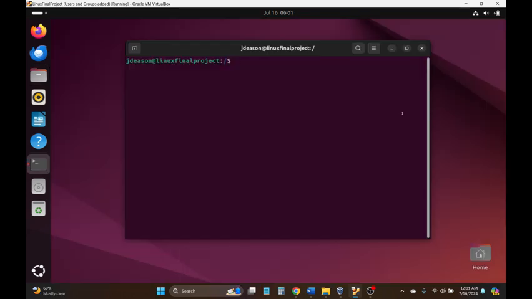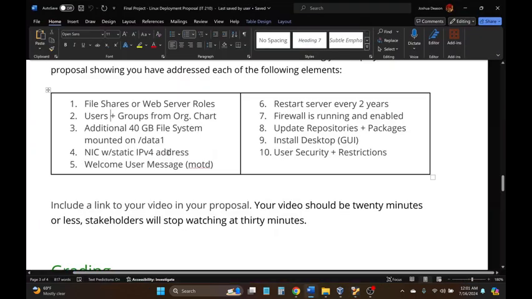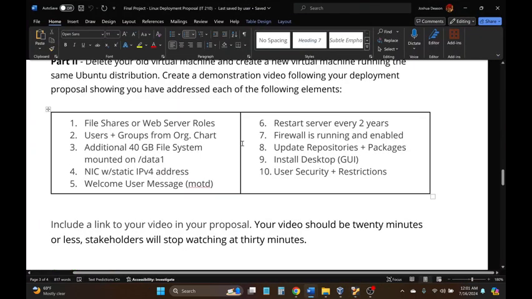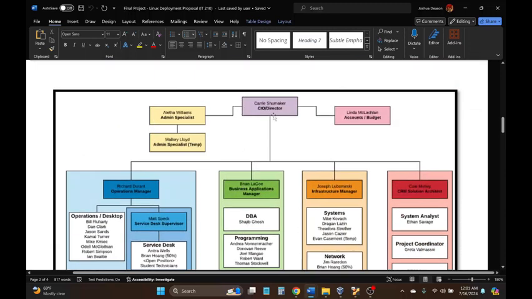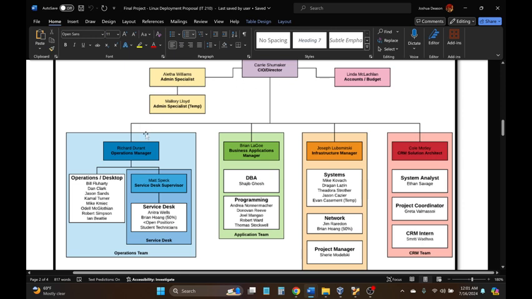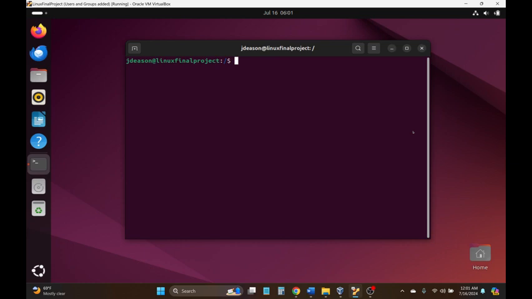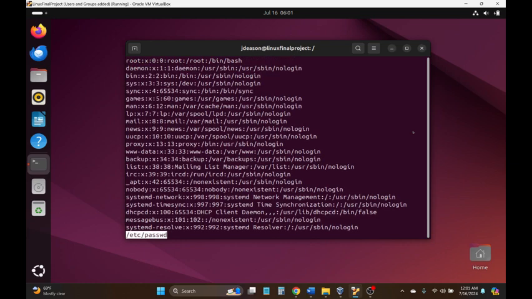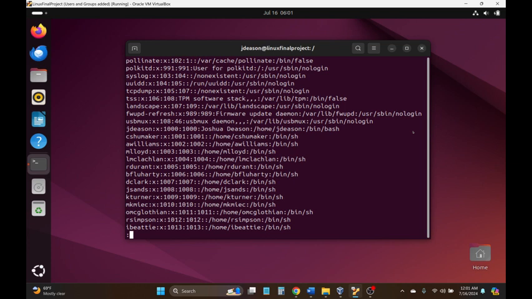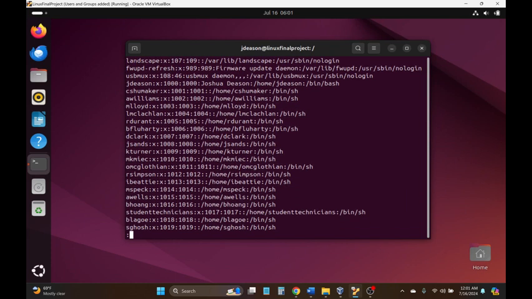All right, we're going to go over the users and groups from the organization chart. So this is the organization chart here, starting from Carrie Schumacher and going through the different departments of admins, operations managers, and whatnot. We're going to show the users and groups that we have set up here. We're going to look for the original user account that we use to set up the system. That is me. And then we got the CEO, C. Shoemaker, and then all the way down, we got Williams, Lloyd,